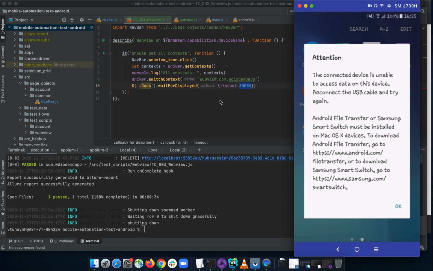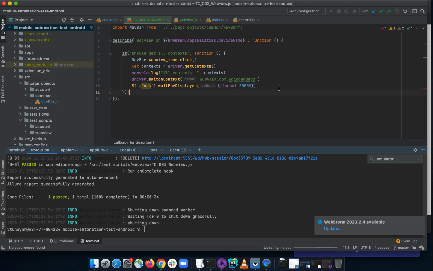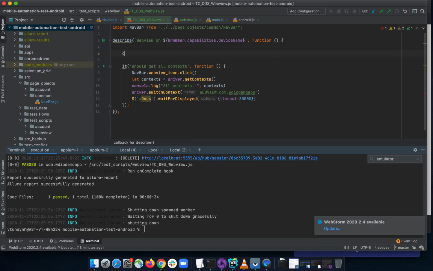And okay, let's do another step. After we find it, I want to click on it. So let's specify this value here. Let's see something like constant doc link equal this value, okay? And then I will wait for the document link to be displayed, and then